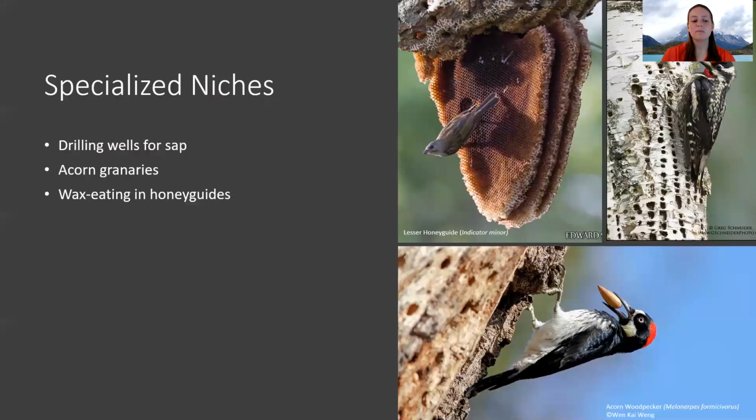There are some Piciformes with specialized niches, such as the yellow-bellied sapsucker, who drills wells to drink the sap from the holes, the acorn woodpecker, who hoards acorns in holes drilled into trees, and honeyguides, whose diet consists almost completely of wax from bees. As mentioned previously, the woodpeckers in family Picidae have unique morphology that allows them to drill